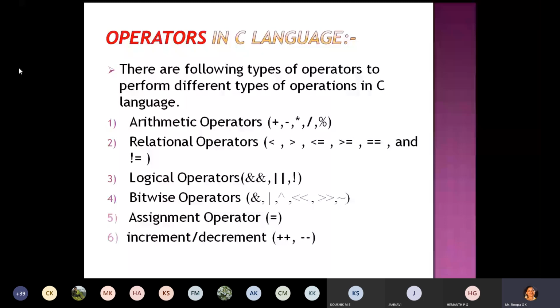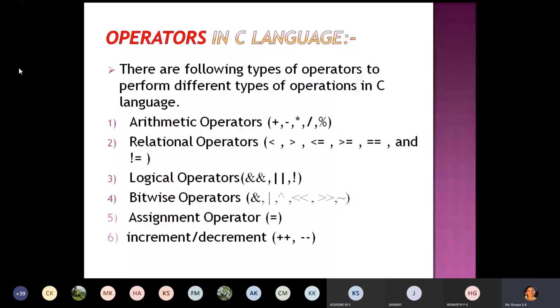Now, third category, logical operator. It is a symbol or word used to connect two or more expressions such that the value of the compound expression produced depends only on that of the original expressions and on the meaning of the operator. For example, if you consider logical AND operator, output will be true only when both operands are true.